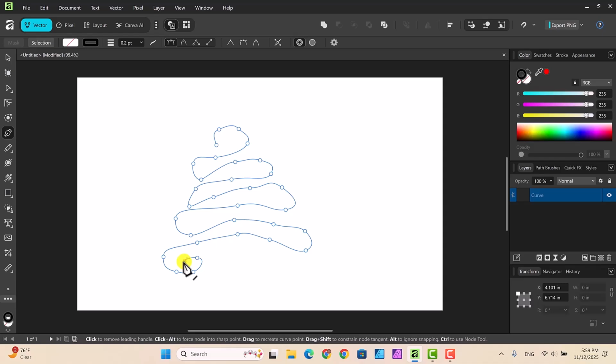Now once we have our design, you just exit out of there so we can get out of the pen